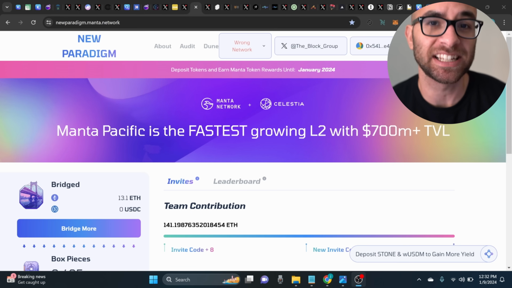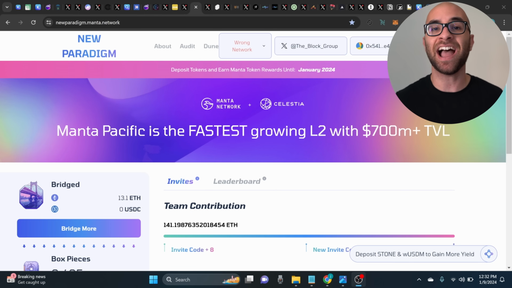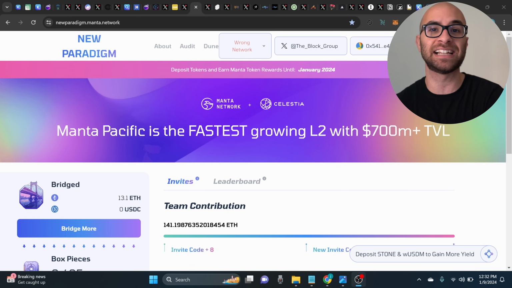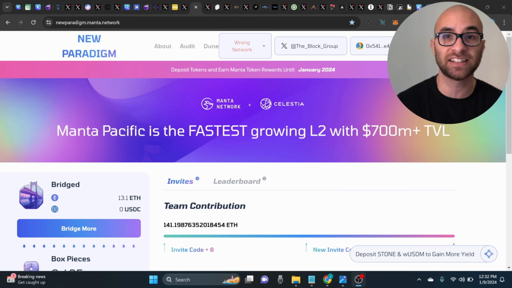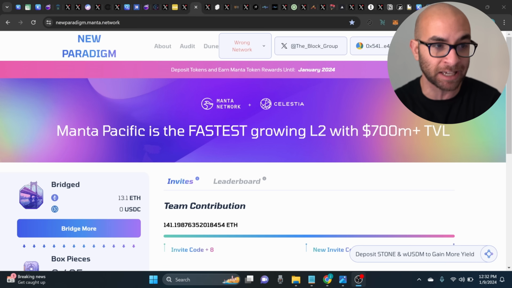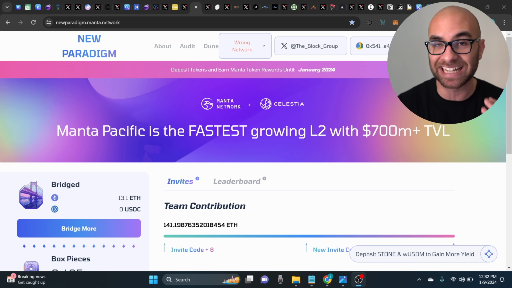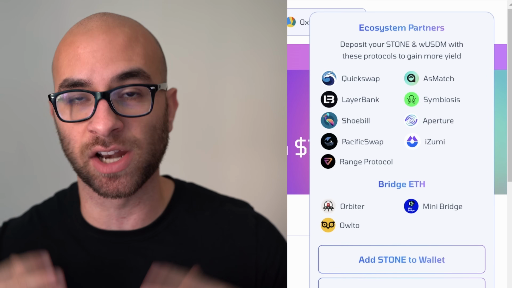Just be aware, guys, that so many people have been depositing Ethereum onto the Manta network, so it's not actually worth it unless you have at least one Ethereum. And to be honest, guys, the APR is continually going down, so I don't know if it's worth chasing this if you haven't gotten in already, or unless you have a lot of Ethereum that you aren't using and you're willing to hold over the next 69 days anyways. Another big thing to note about the Manta Network, guys, and I'll probably make a video about it,